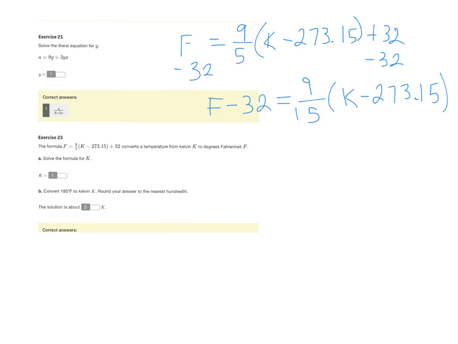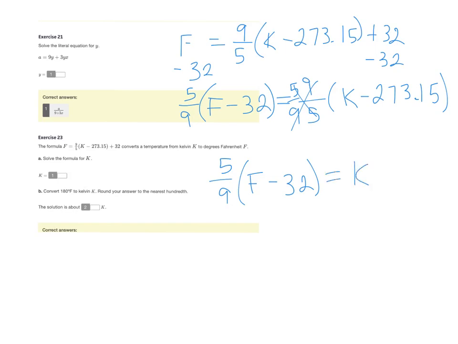Now, I'm going to get rid of this multiplication. And the easiest way to get rid of this multiplication, what I think is the easiest way, is we are going to multiply by the reciprocal. So the reciprocal of 9/5, we're going to times by 5/9. And we have to multiply this whole thing by 5/9. So that goes away. I get 5/9 parentheses f minus 32 is now equal to, and we can get rid of the parentheses, we got k minus